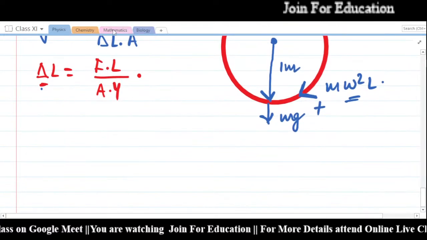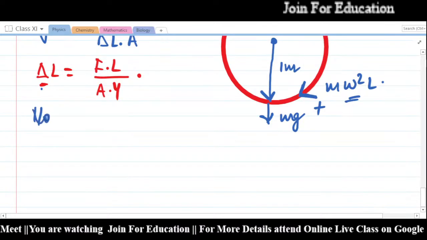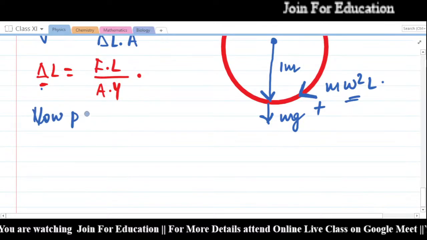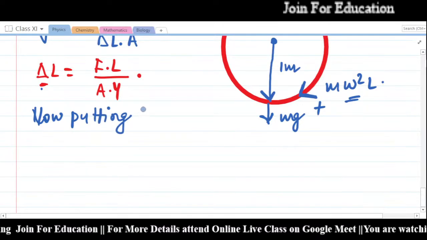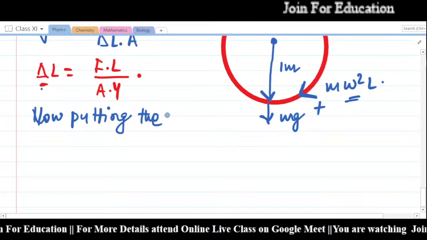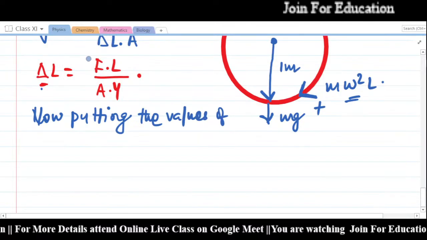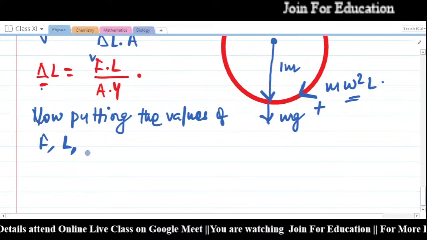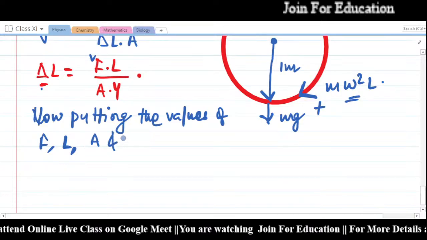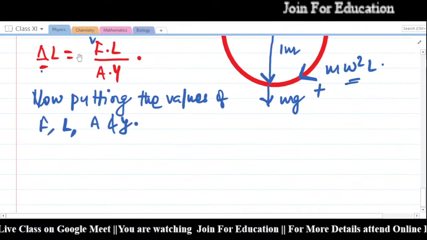Now putting the values of F, L, A and Y,